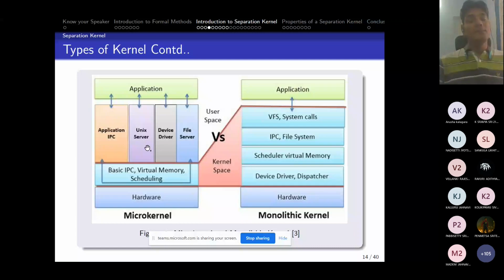So we can clearly see that microkernels are more secure than monolithic kernels. But why are they more secure? Because user applications are placed separately from the kernel space, so users are not allowed to directly enter that area. Whereas in a monolithic kernel, users have access to everything. So it is less secure, whereas microkernels are more secure. But